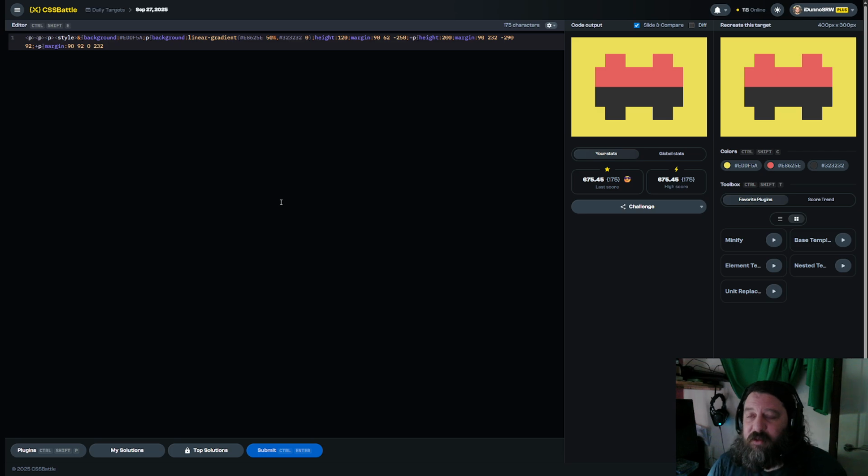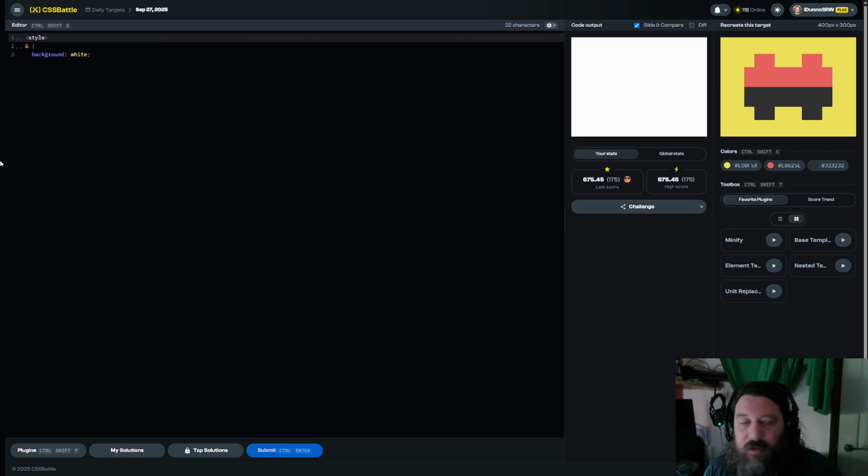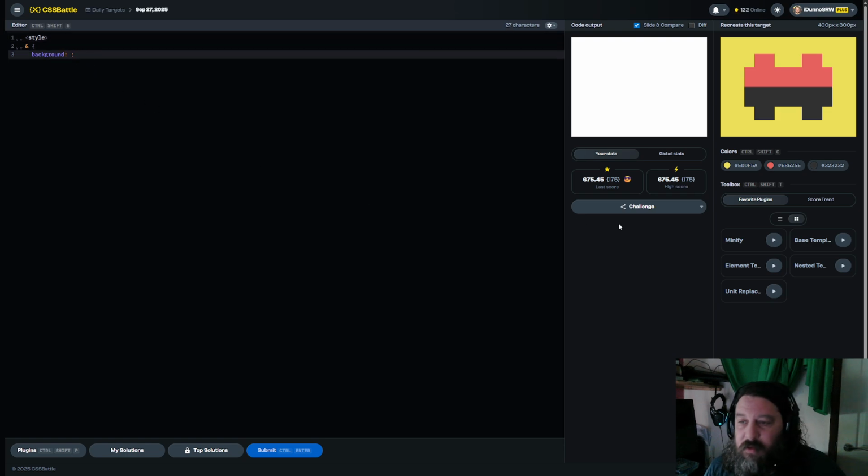Now, is there an easier, better way of doing this? Could use a clip path on one element, but that's starting to get quite ridiculous. Sod it, let's use that. Let's try it with clip path. Okay, so we'll hit base template. We'll set this background as yellow,